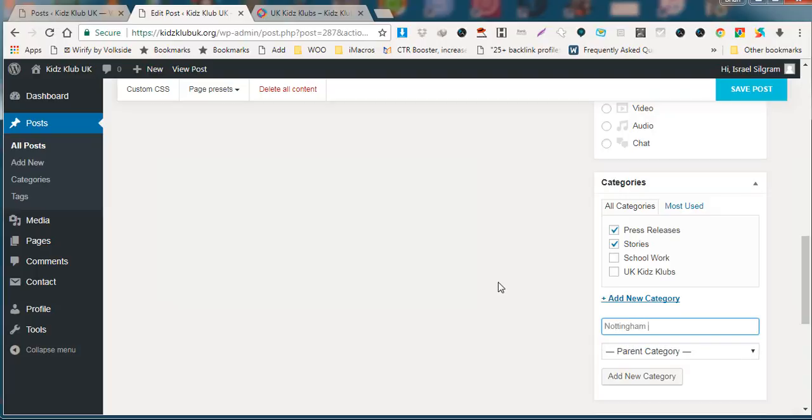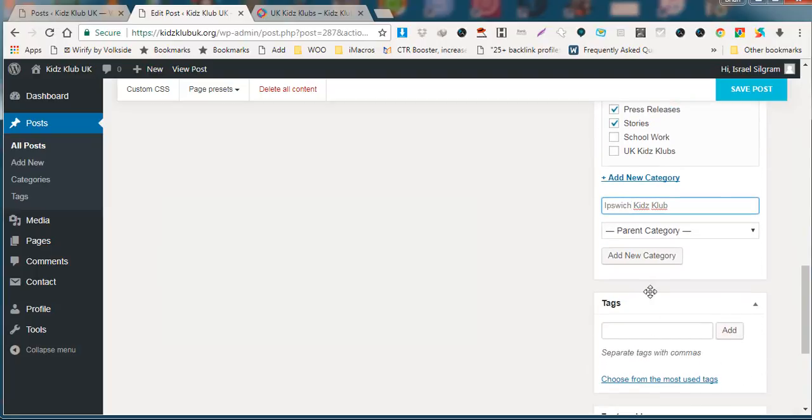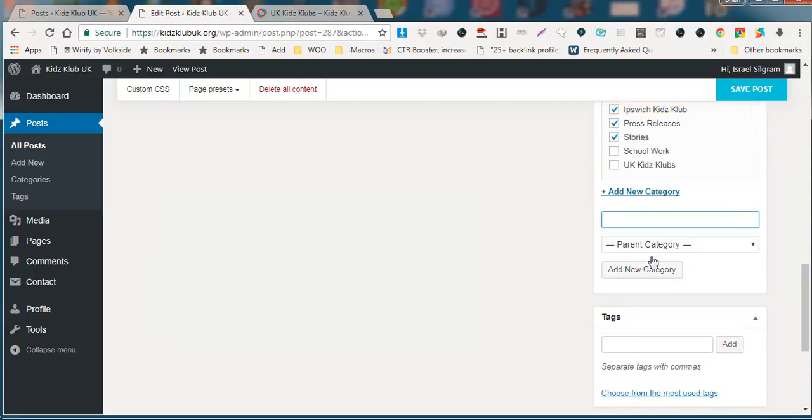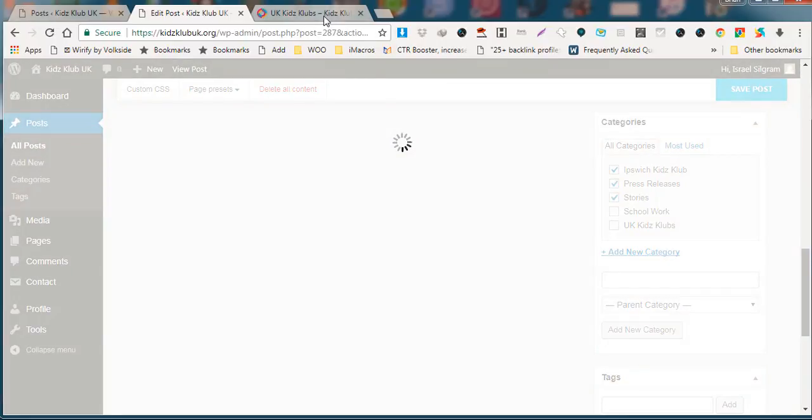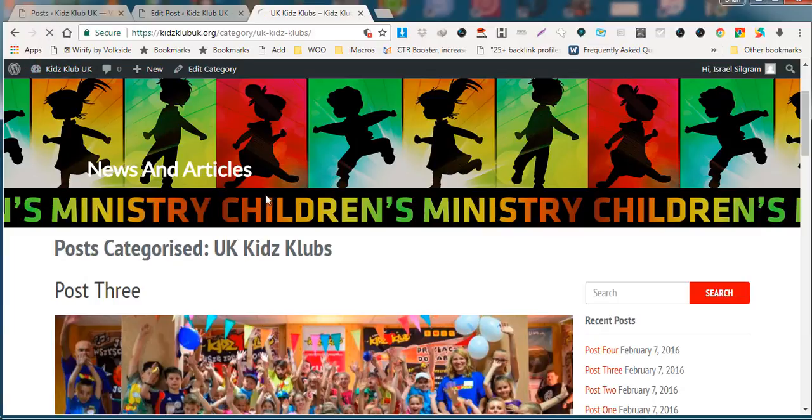Nottingham, or you might want to add something else. You might want to put, I don't know if there's one in Ipswich, but if there is, you can add that, Ipswich Kids Club, and click that as a new category. So there it is as a new category, and save the post and go over here and refresh the page,